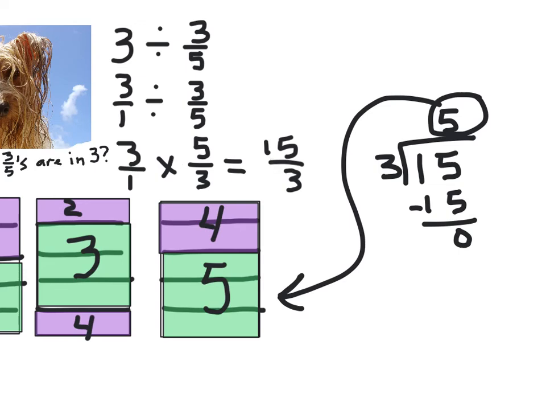Now, what if you chose to do mountains and valleys and you made a mountain here and multiplied and a valley here and multiplied, right? Well, let's go ahead and see what that would look like. I'm going to use blue this time. And I'm going to go 1 times 3 will give me a 3 down here. And draw my line. And then for my valley, I'm going to take 3 times 5, which will give me a 15 up here. And as you see, this 15/3 agrees with down here 15/3, which then would reduce to 5 again. So either way you did it, whether you use mountains and valleys or you multiply by the reciprocal,